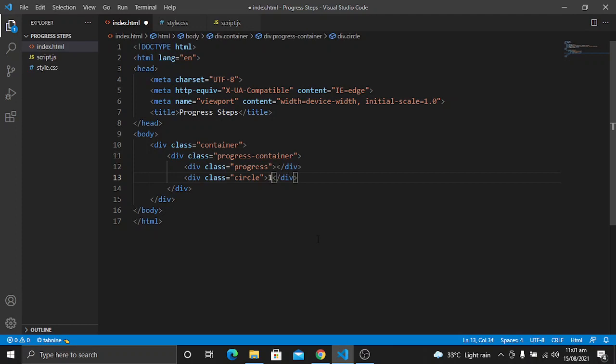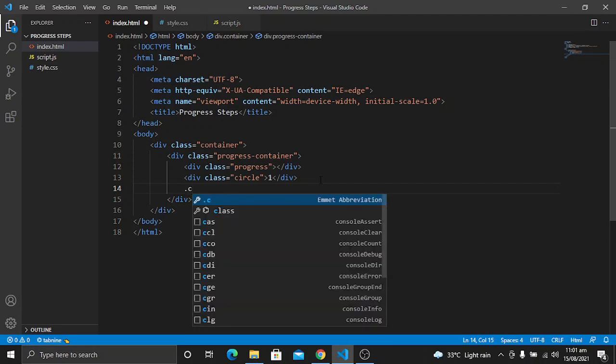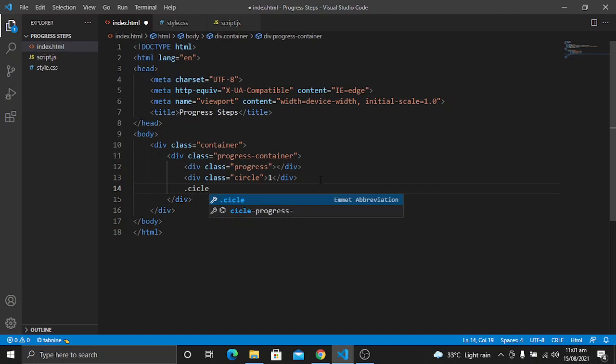The first step will be 1, and the next step will be, oops. You can also use another shortcut: let's assume I want 3 divs, I will write a dot and the class name, and then multiply it by 3.